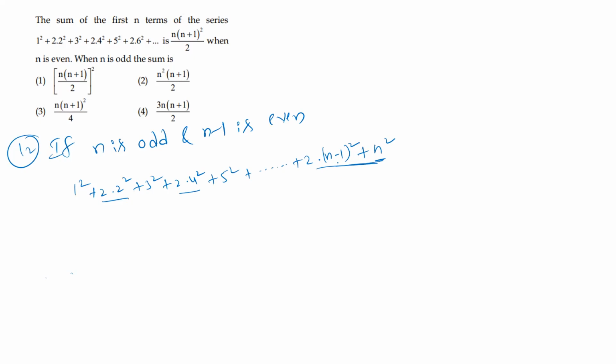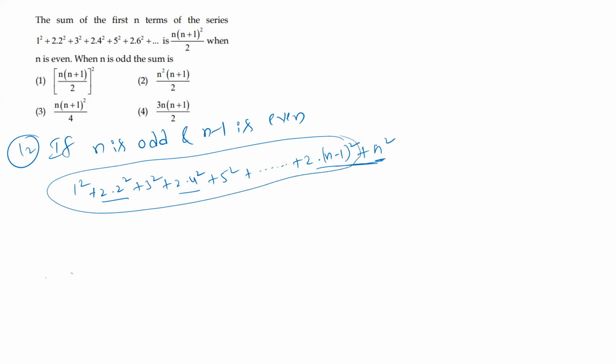Here, substitute n value 1: 1 square, and 2 into 1 minus 1 is 0, so that term will not exist. The value is only 1 square. If you take 2 square, whatever the value, the 2 into terms will exist. Now in this, we are replacing this whole term. This is clearly satisfying that form.